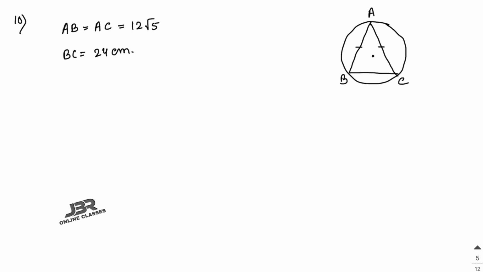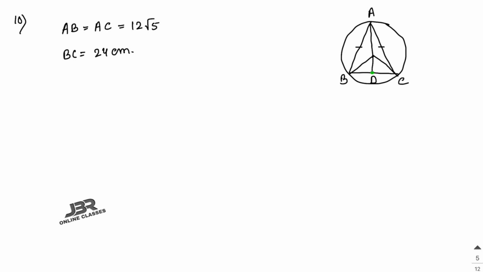So here you have to find out the radius of the circle. So do one thing, first join OB, then OC. O is the center, so join OA and OB, and the other one AD. Here AD is the perpendicular or the height of this isosceles triangle. So definitely D will be the midpoint of BC.